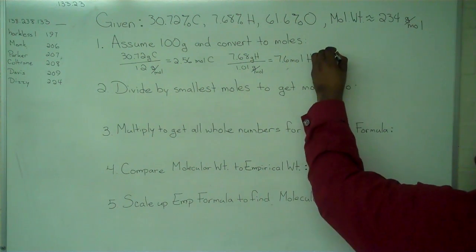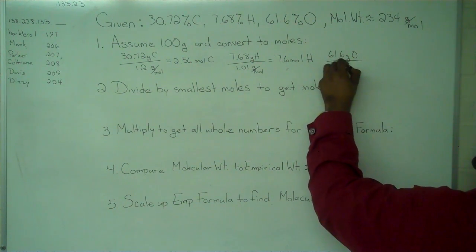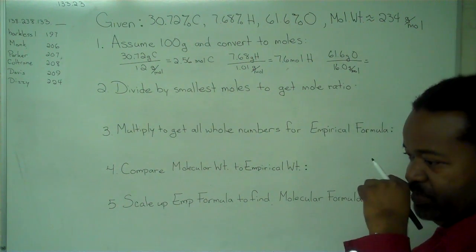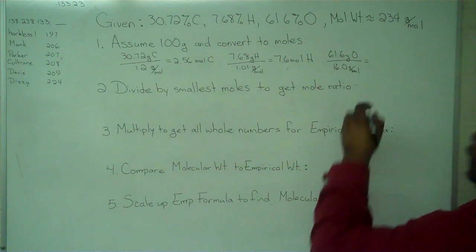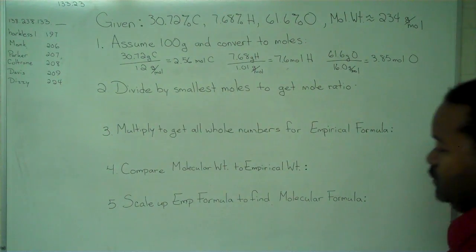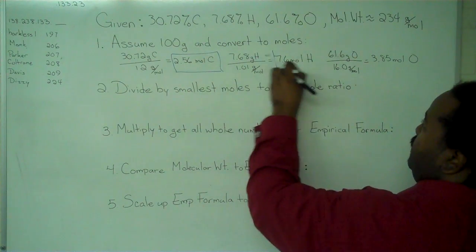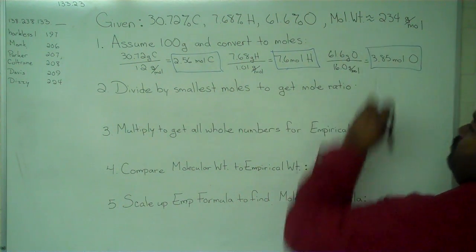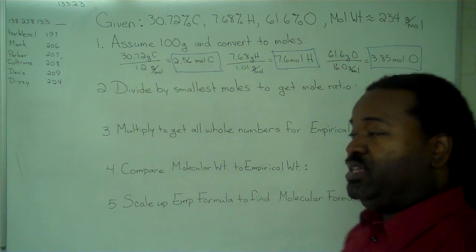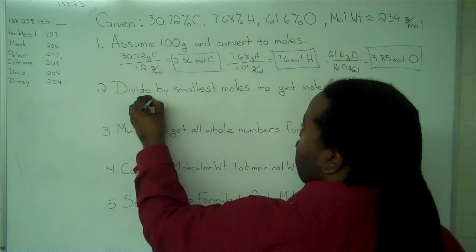And finally for the oxygen, 61.6 grams of oxygen divided by 16 grams per mole will give us a value of 3.85 moles of oxygen. And so these three pieces of information form the basis of what we need to know for the next step. We have to figure out which of these moles is the smallest amount and then divide everything by that to get our mole ratios. So 2.56 gives us the smallest amount, so our ratio then